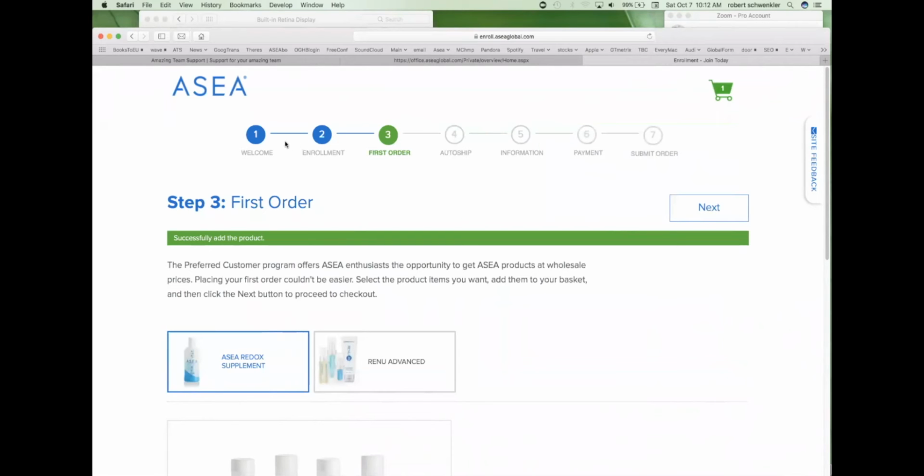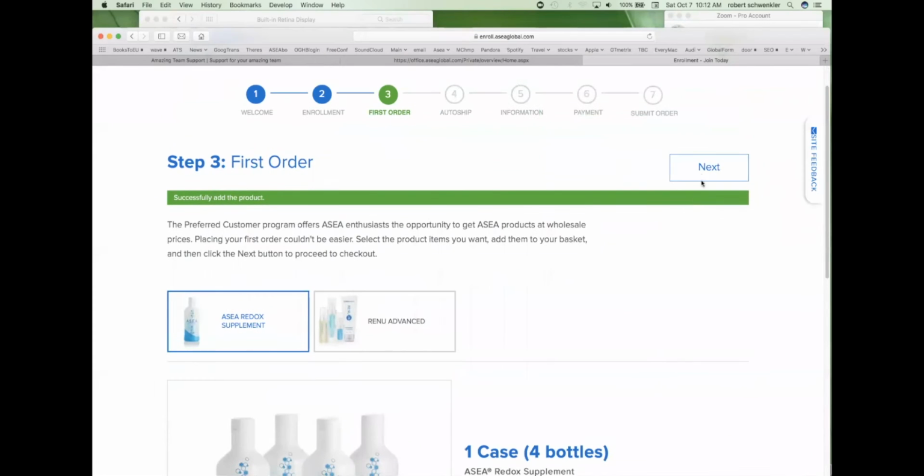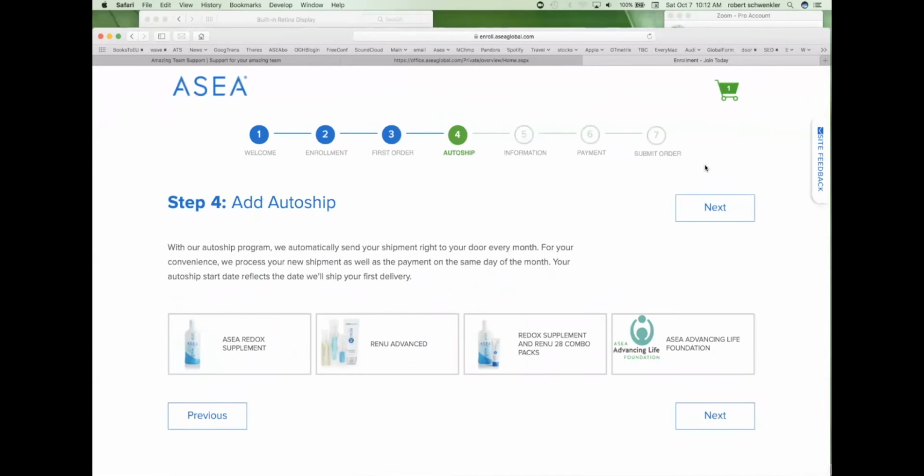You can see we're moving along steps at the top here, and you can go back to previous steps, but basically you can't jump ahead. You have to do next. So I think that's all I want to say here. So next, and that was the first order, and this is again the same as if you're joining as an associate. You have a very first order that's going to ship immediately, and then you have,